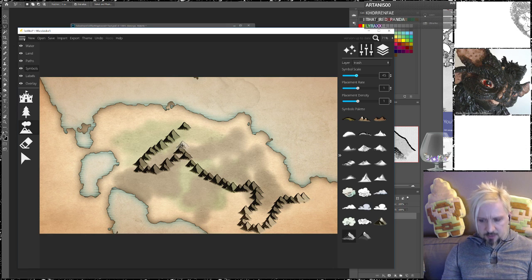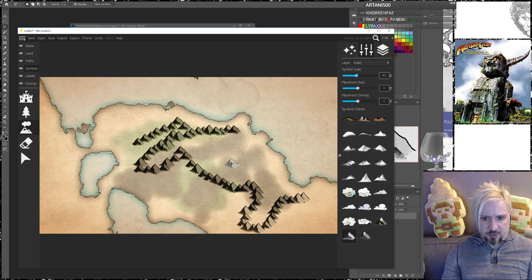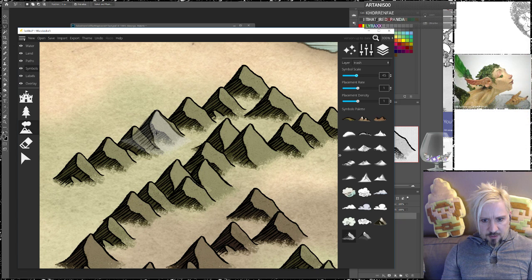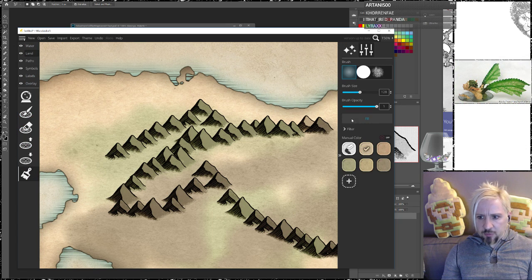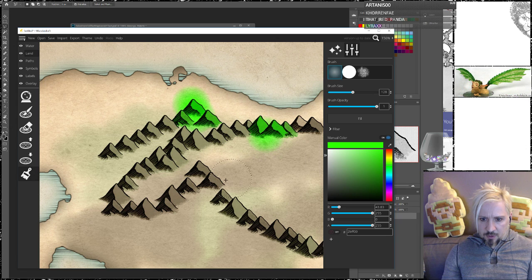Actually, it is doing it. That's weird. Did it change it to doing that by default? Huh. Yeah, they're definitely taking on the color. So just to confirm, let's go to our paintbrush. Let's just pick a zany color. Sure enough,